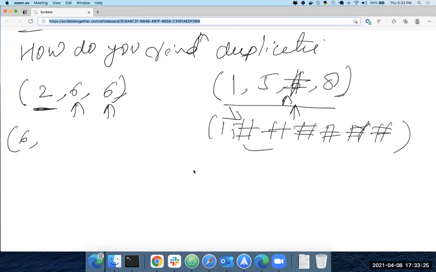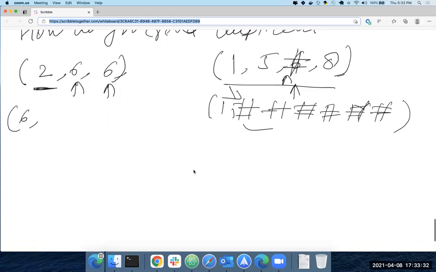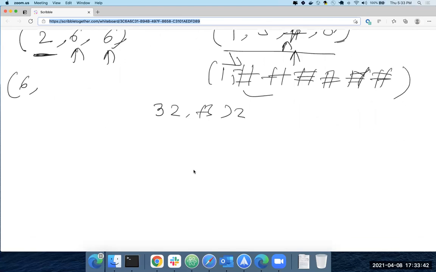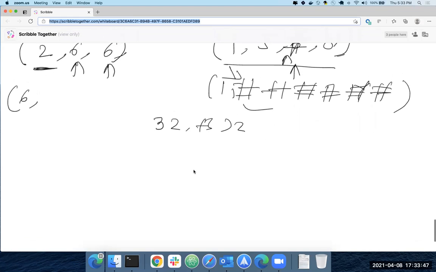But if you replace it with 5, what are you doing? For every number you're searching, you're doing 32 plus 32 plus 32. Even if you're at the last number, you're still searching the whole array, like 1 billion elements again.